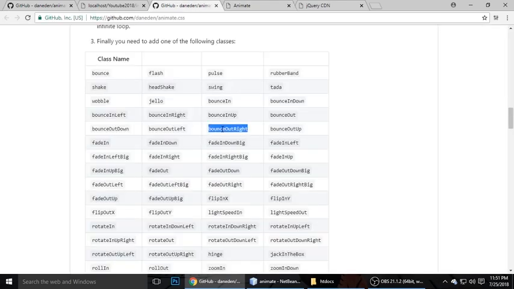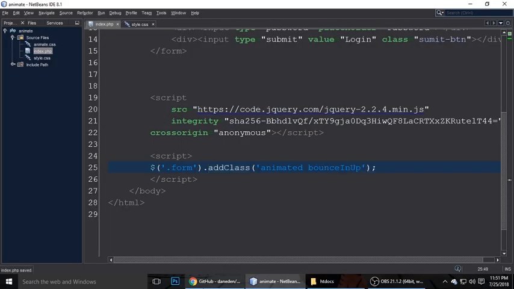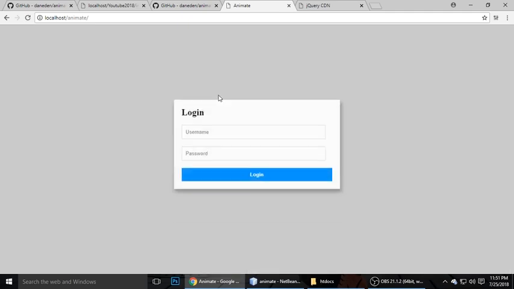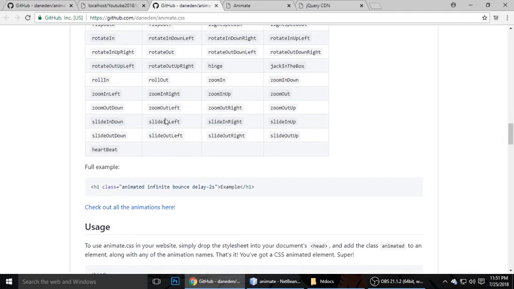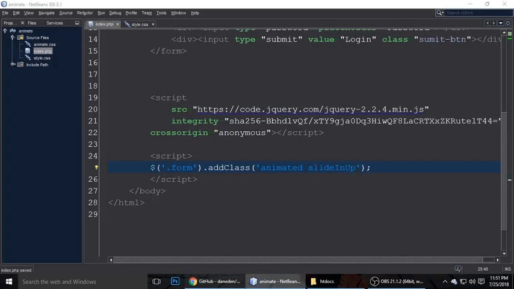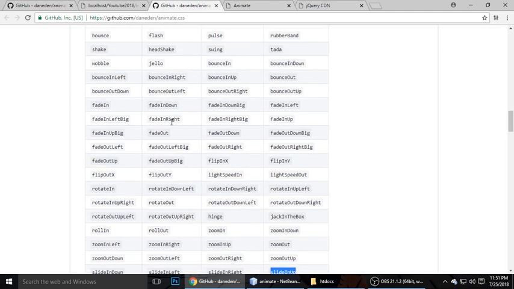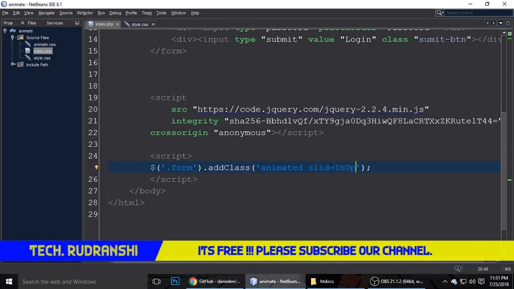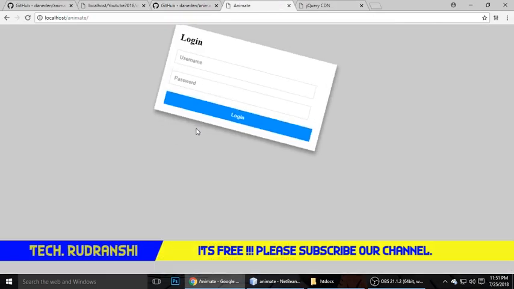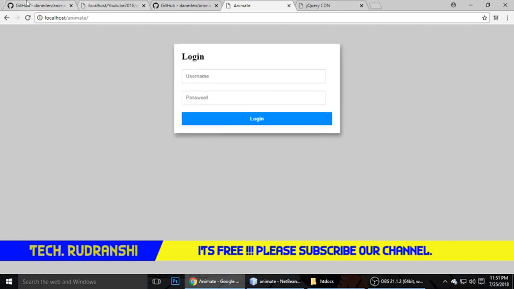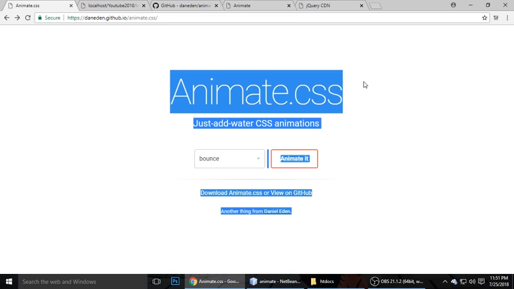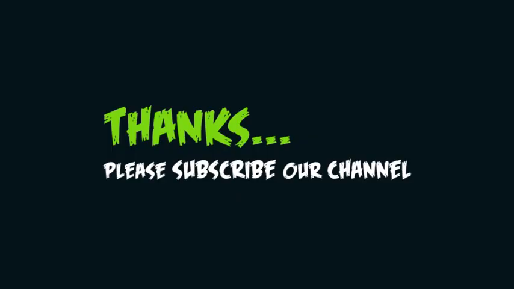So perfect. Let's put some more classes to see if it's working or not. It's working. Let's put slide in, slide off. Let's copy and paste it here and refresh, and you can see it's nice and perfect. This is a swing, and you can see it's a swing. So today we have seen animate.css. If you have any questions or doubts, you can write a comment. And please